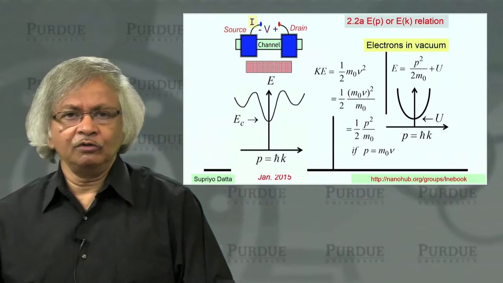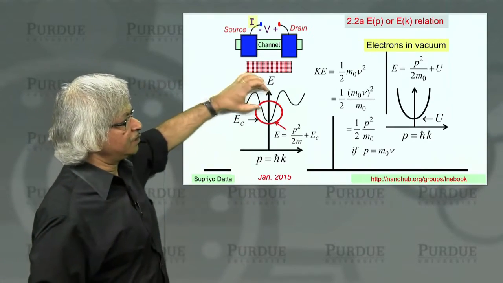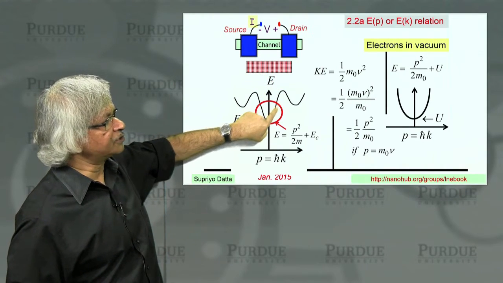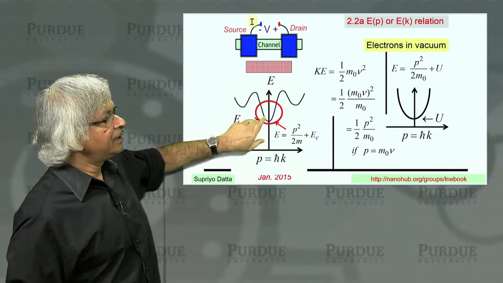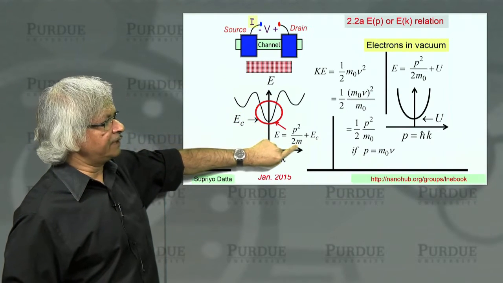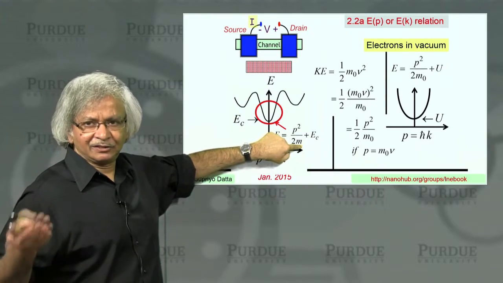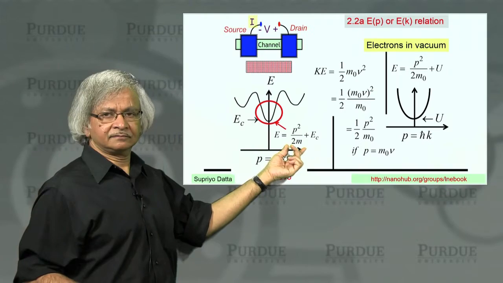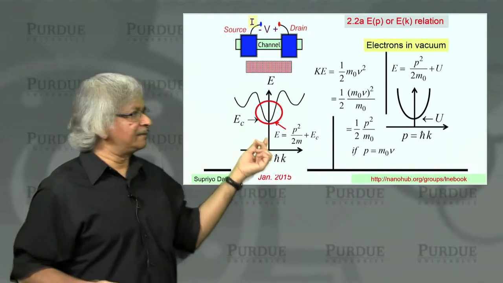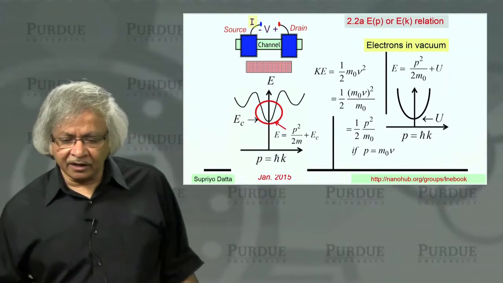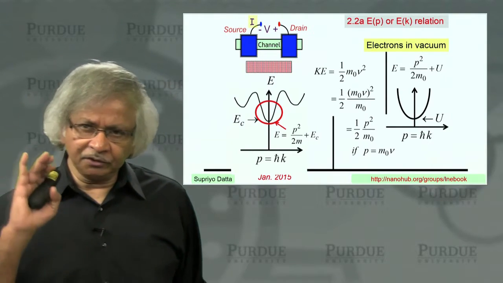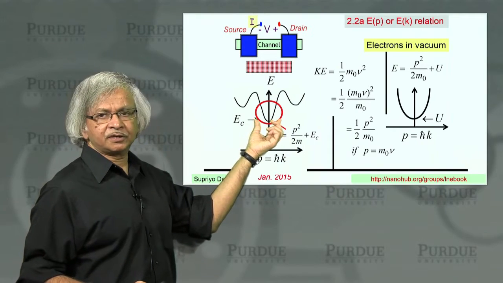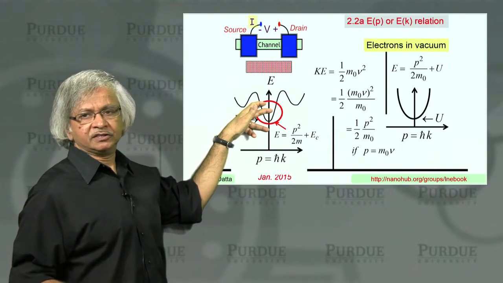Well, that's kind of true if you restrict your attention to a small region here, that is, if you look right here, this kind of looks like a parabola. And so you could fit it to a parabola using a different mass, not the free electron mass. That's the free electron mass. This is a different mass. And in different solids, that mass will be different. So that's what you usually call the effective mass. But the point to remember is that that is really just an approximate description over a small range of energies.